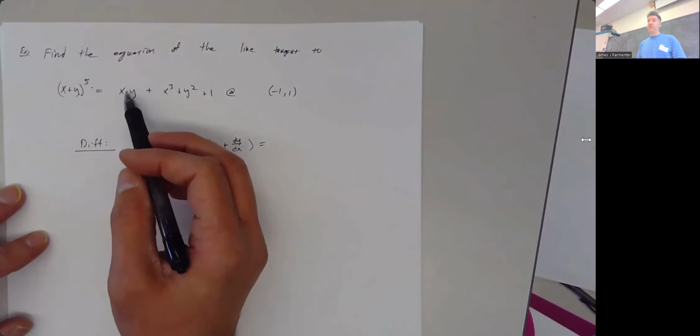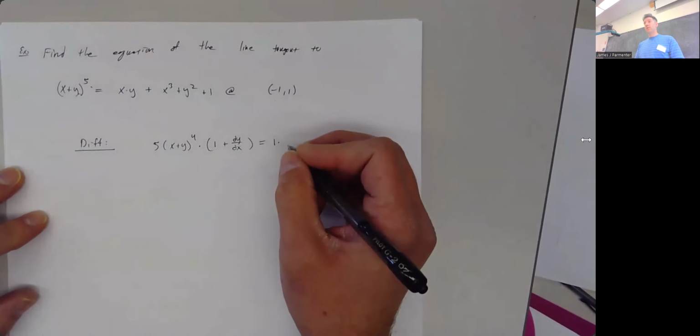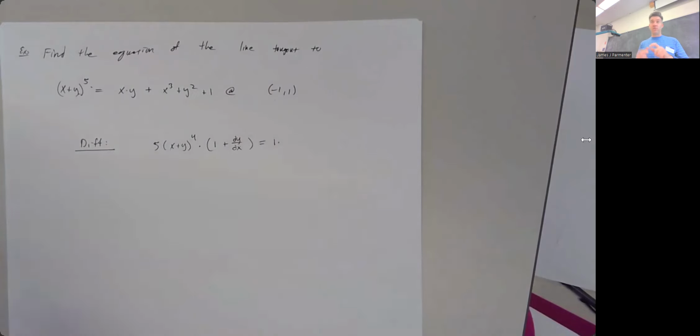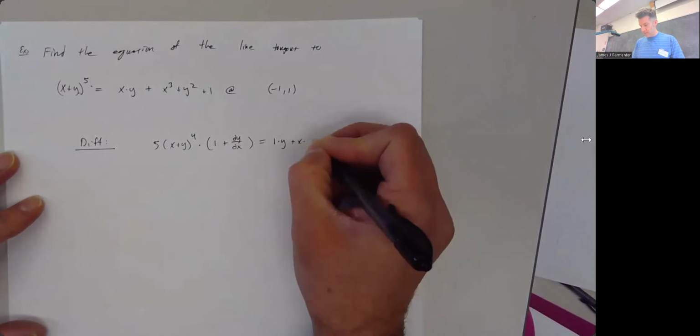It's a product. I have to take the derivative using the product rule. The derivative of x is 1. The derivative of y is y prime, but I don't multiply the derivative of x by the derivative of y. I don't multiply the two derivatives together. It's the derivative of x times the not derivative of y, plus x times the derivative of y,